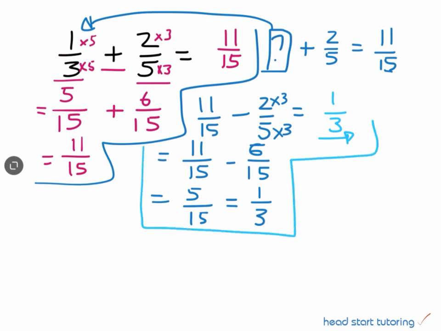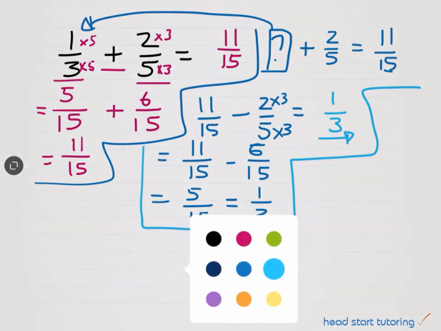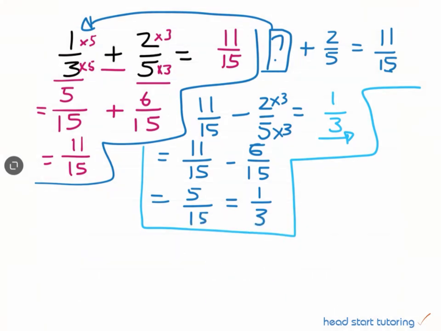If we look at another example. If we've got a quarter plus 2/3, we need to add those two together. So we've got a common denominator of 12, and we times that by 3, and we times that by 4 to get 3 and 8. So we end up getting